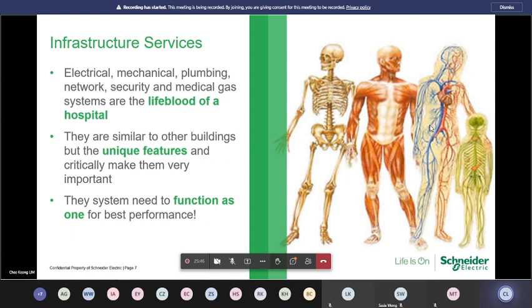A hospital is just like a human body. All right. A lot of you would be asking, why am I showing this? Because we are talking about technology. The correlation between a human body and a hospital is that a hospital is actually like a human body. Every single part of the human body, regardless of whether it's the bone, the muscle, the nervous system, or even the regulatory systems, every single one of it has to work properly. Otherwise, the human will be sick.